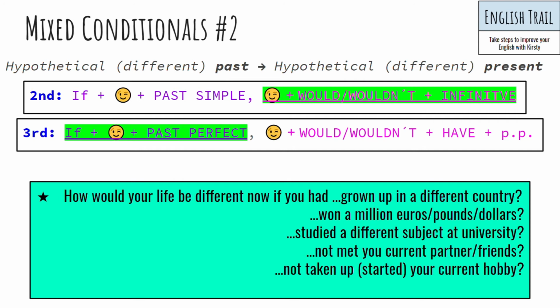Okay, so if you, I don't know, if you play football every Saturday, how would your life be different now if you had not started playing football? How would your life be different now if you had never been to cinema club or whatever your hobby is? How would your life be different now if you had not taken up that hobby? I've highlighted the structure in green here,